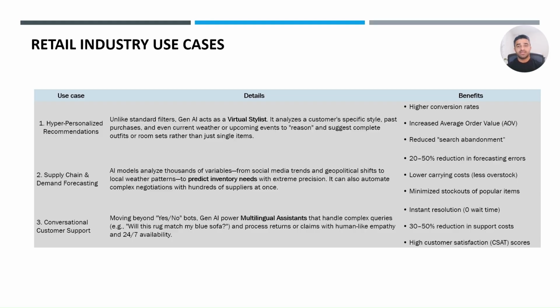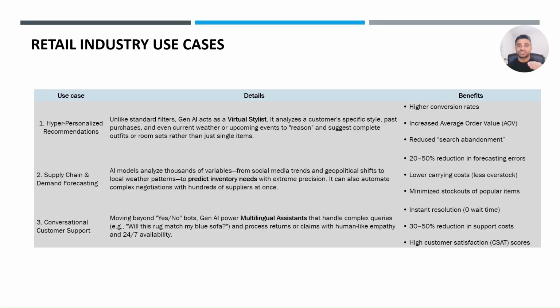Then there is the supply chain, the backbone of any store. This is where things get really interesting on the business side. Generative AI is incredibly good at demand forecasting. It can analyze massive amounts of data, like what is trending on social media, the local weather, even global shipping shifts, to predict exactly how many items the store needs to stock. This solves two huge problems at once. It stops stores from having too much unsold inventory cluttering the warehouse, and it makes sure the item you want is actually on the shelf when you go for it.